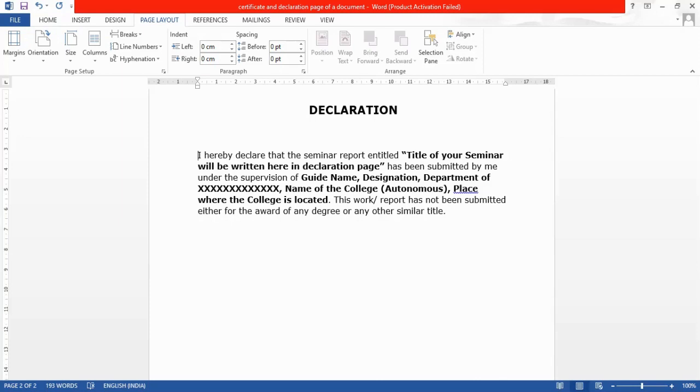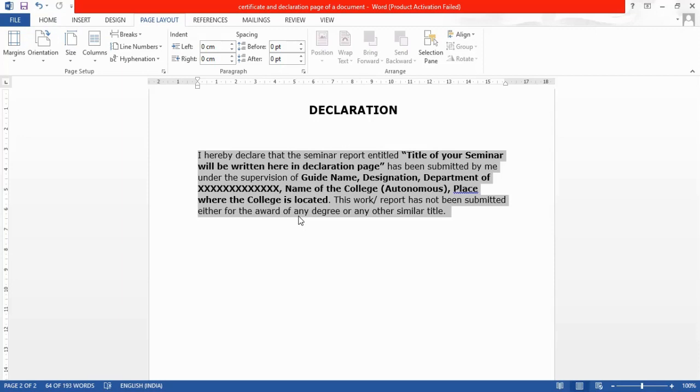So I'm going to select the content. The cursor is blinking at the beginning of the paragraph. From there, I'm going to select the entire content without using the mouse. I'm going to select it with the help of the keyboard by using the shortcut Ctrl Shift Down Arrow. You can select the entire content.